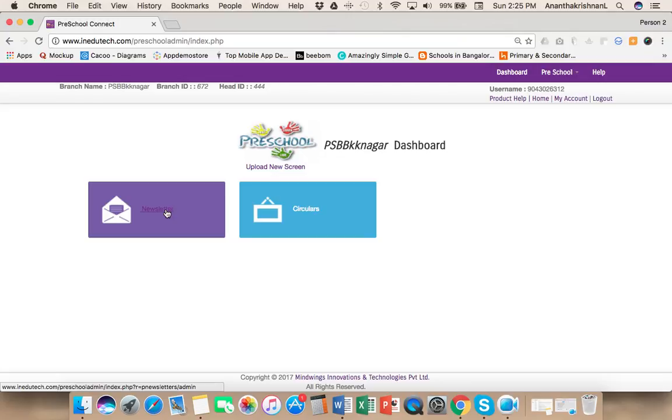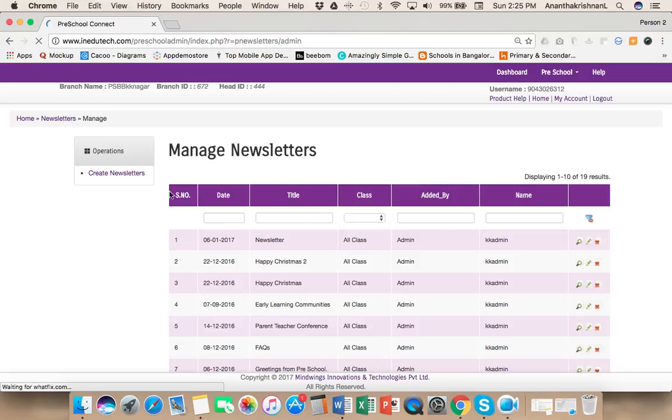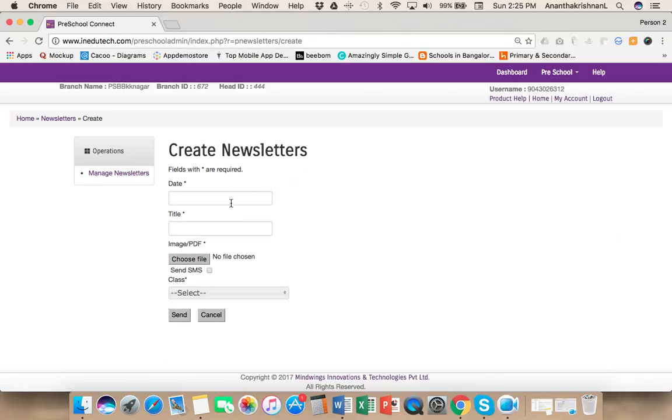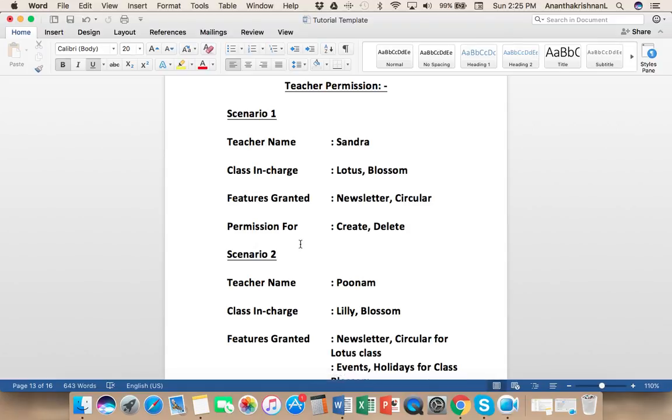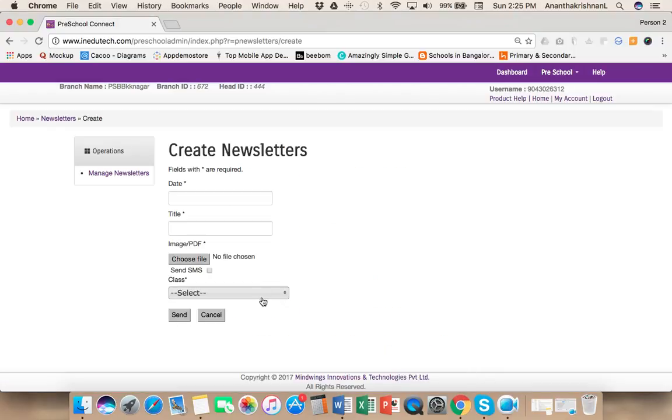So if you click on newsletter, you can click on create newsletter and you can fill up all the details. And while coming to the class drop down, since we have assigned only these two classes for this staff, Lotus and Blossom, you will see only these two classes visible in the drop down,